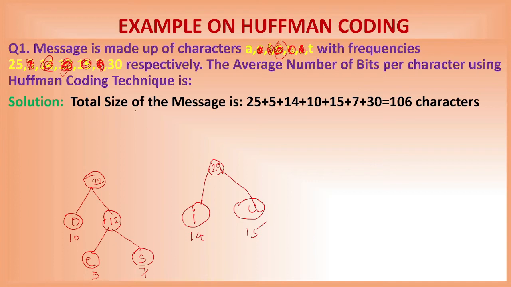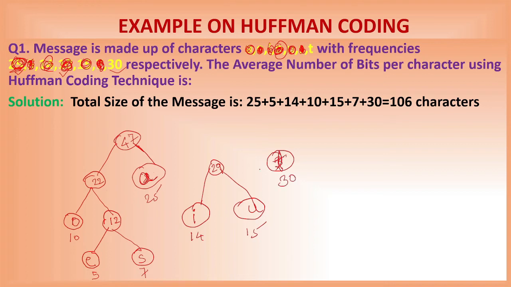So now again find out the next two minimum. Now next two frequencies remaining are 25 and 30, and here we have on top 22 and 29. So we can use this 22 because it is the least minimum, and next minimum we can take as 25, that is of letter A. You can combine them and you will get 47. So now 25 is also gone, of letter A. So now here we have 47 and here we have 29. So we can take next smallest, that is 30. Now 30 is of letter T.